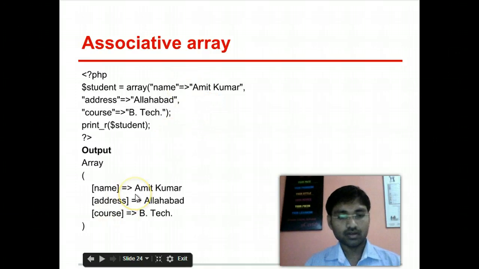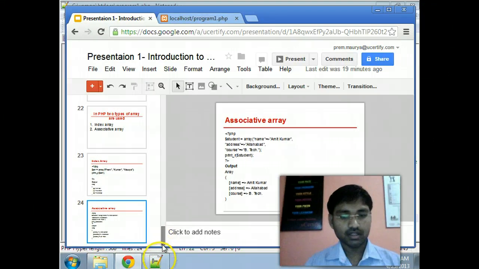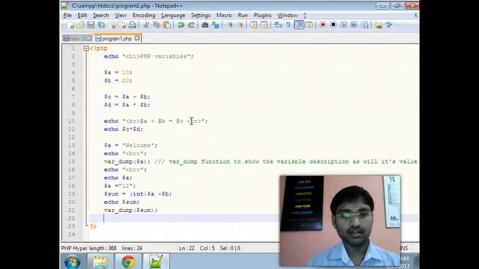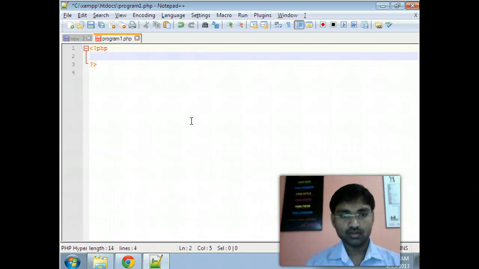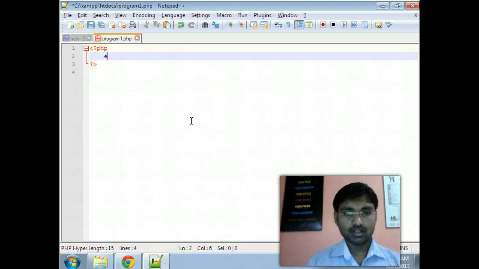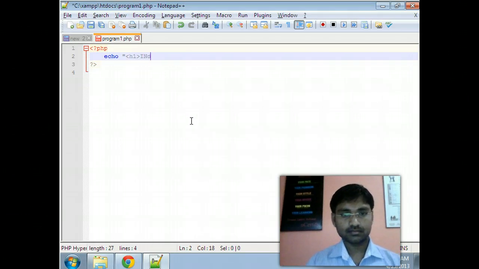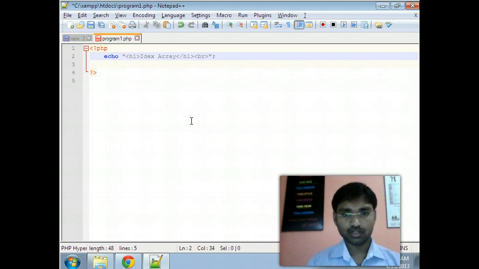So we are going to check it by creating it in a PHP file. First I am going to create an index array. I am going to put also BR so that the line can break.